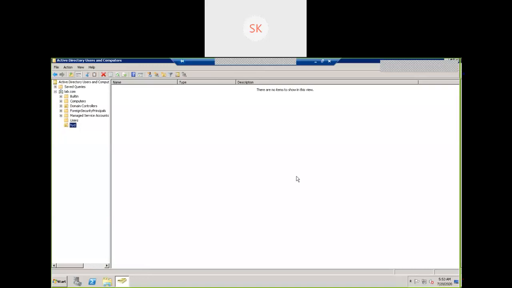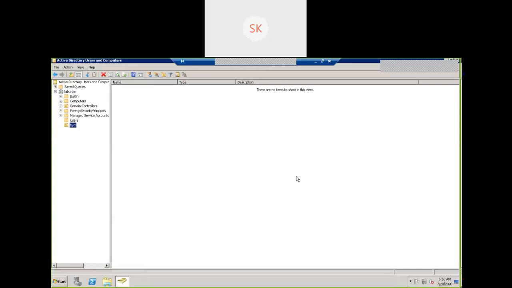It is not simple, it is a vast subject. So the basic things you need to know: what are Active Directory services, what are the port numbers, what are FSMO roles, what is the importance of each one, and then what is an OU, for what purpose you are going to create OUs, and for what purpose you are going to create groups.